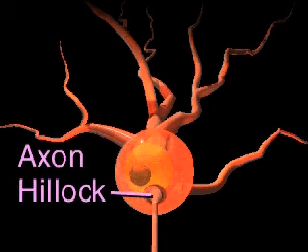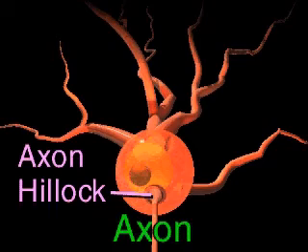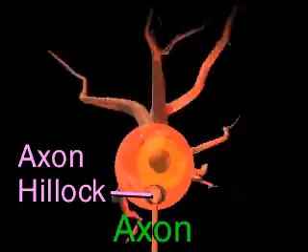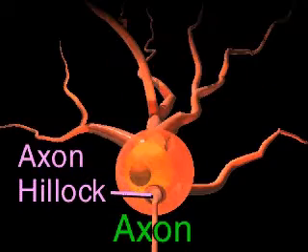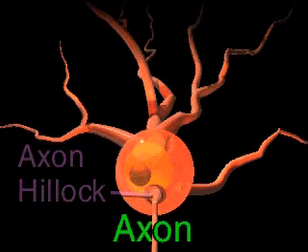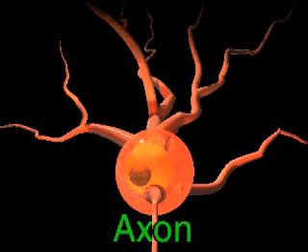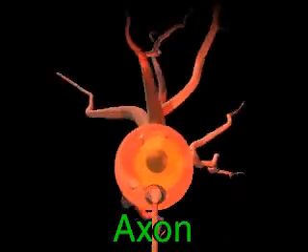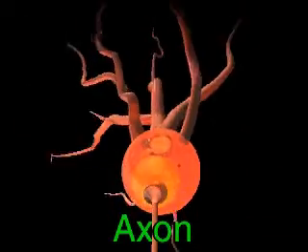On the surface of the cell body is a small bump, called the axon hillock, from which the cell's single axon travels toward other cells. If enough excitation occurs at the axon hillock, then an action potential is propagated down the entire length of the axon. By means of the action potential traveling down the axon, information eventually passes from one neuron to another, or